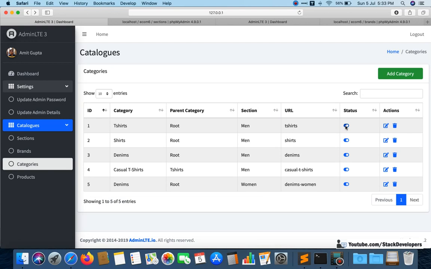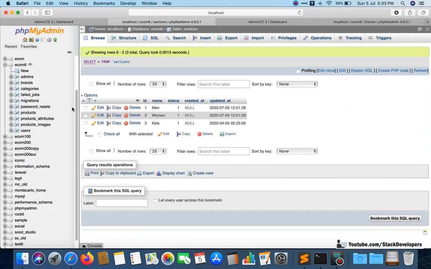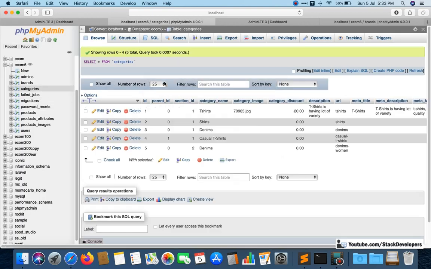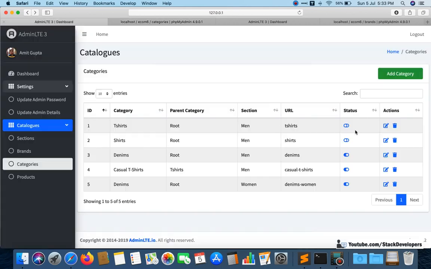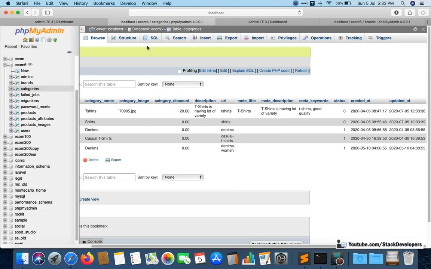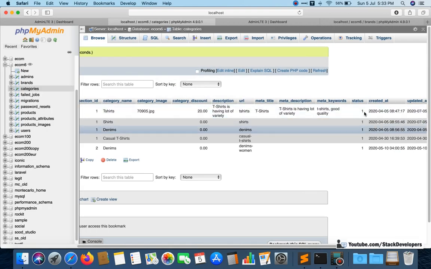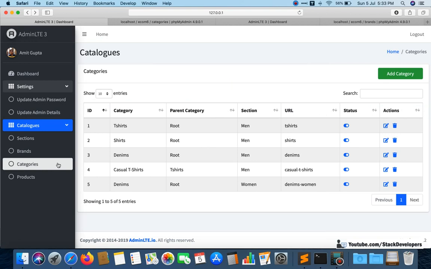And now see, here I will make it inactive. I can make the first and second inactive. So I can open the categories module this time, and you can check the first two are inactive, that is working fine. And now I will make them active once again, and you can check, browse, and now they are active again. Okay, so categories are done.